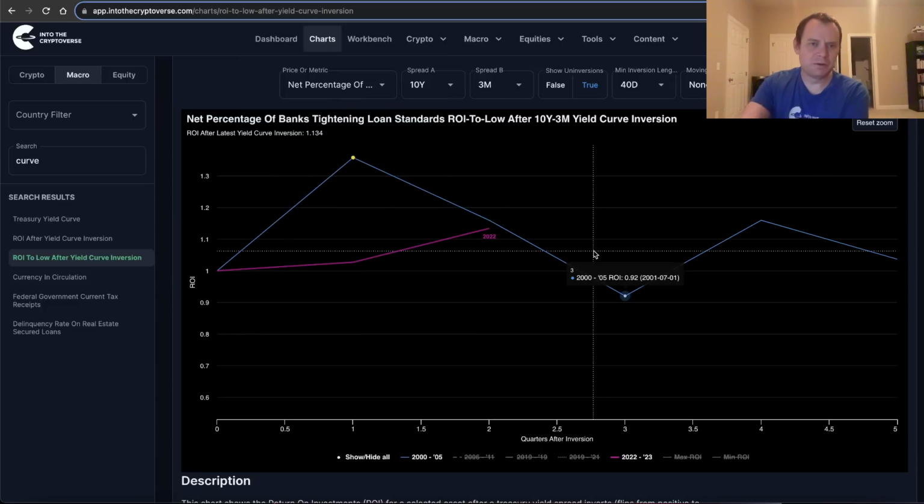The issue with crypto is that it hasn't experienced this before, right? It's so hard to know. I mean, we can take our bets, right? I've been very, very bearish on altcoins forever because we see all this QT going on, and we know that altcoins only thrive when there's excess liquidity.